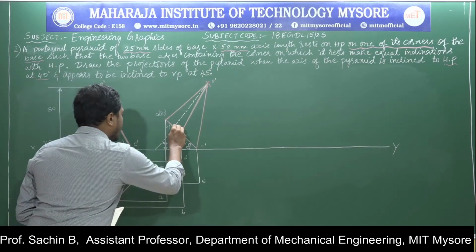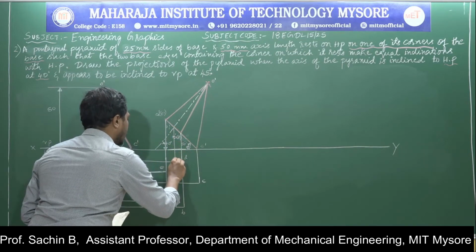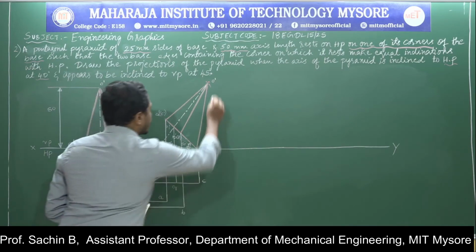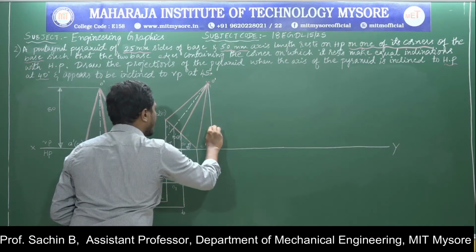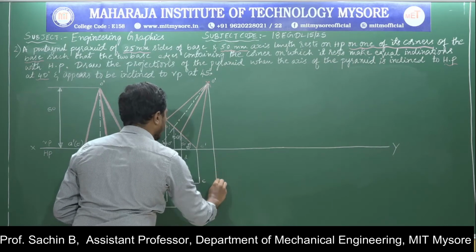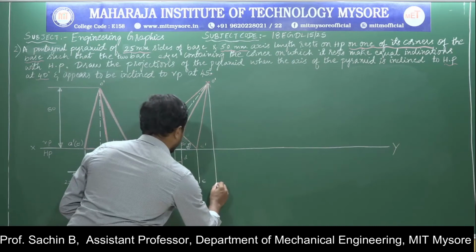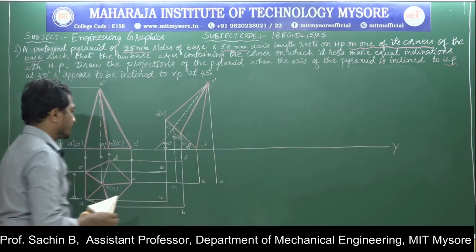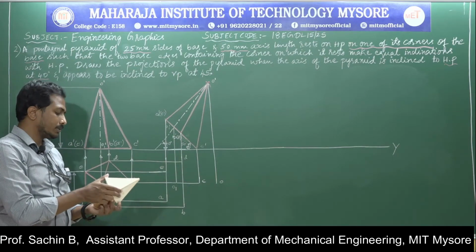Next I will go for drawing the axis. If I draw the axis, it will lie exactly here. This is O1 point. Next one more thing is left, that is from O I am drawing the projection line from the top. This is O. Now I will go for applying the visible and invisible concepts.